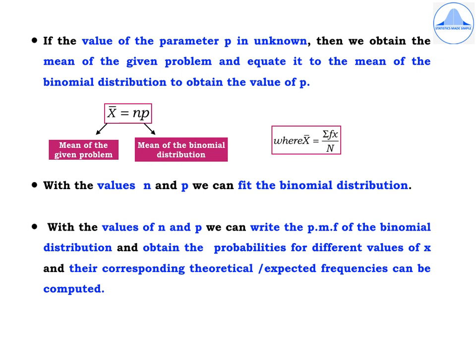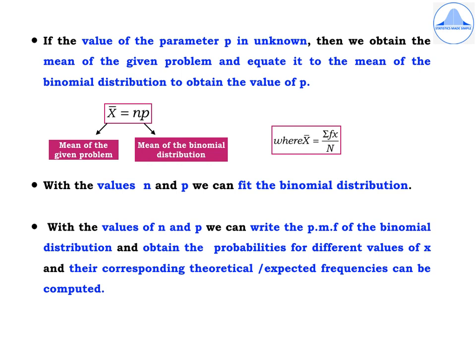If words like unbiased, fair, equally likely are not used in the problem, then how do we compute the parameter value of p? The steps are as follows. I mentioned that a table will be given to you which comprises two columns. The first column will have the values of the variable and the second column will have the frequencies. So in the first column we have the x values, and in the second column the frequencies, then this looks like a discrete frequency distribution which you have learned last year.